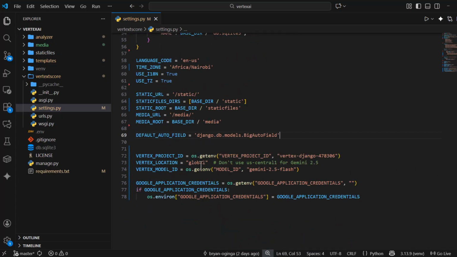Yes, so we need to set it to global when you're using Gemini 2.5. The local locations are not available for say US 1, maybe Africa. It needs to be global when you're using Gemini 2.5. And this is something that really took me a lot of time to debug and find out, that Gemini 2.5 doesn't support local, it needs to be global. So that's it for our